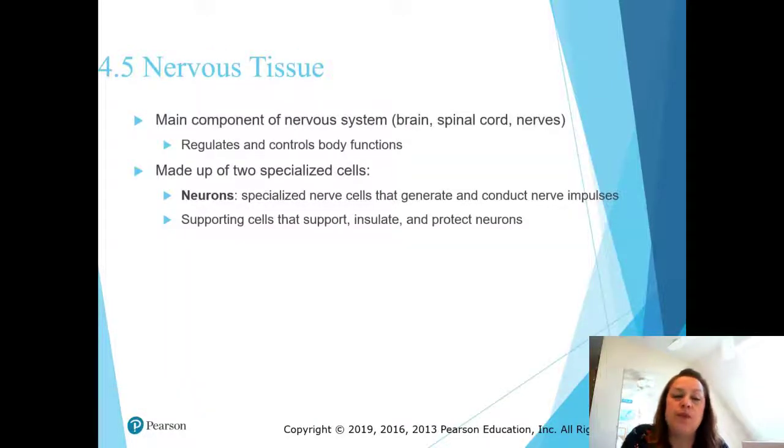And then there's nervous tissue. For nervous tissue, we have the two basic groups of cells, the neurons that conduct the impulse and the supporting cells that insulate, support, and protect the neurons. Neurons have evolved away from having a lot of protective mechanisms. They're very much just some plasma membrane with a nucleus. That's kind of it. So they need much more support, insulation, and protection because they've evolved to be very specified